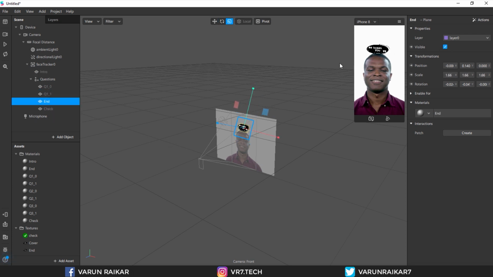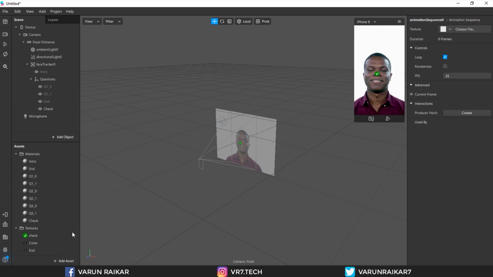In our effect, the questions will change every time the user opens the effect. So for that we need to create animation sequence of question. Go to add asset and select animation sequence. Again I'll name them Q10, Q11 and so on.